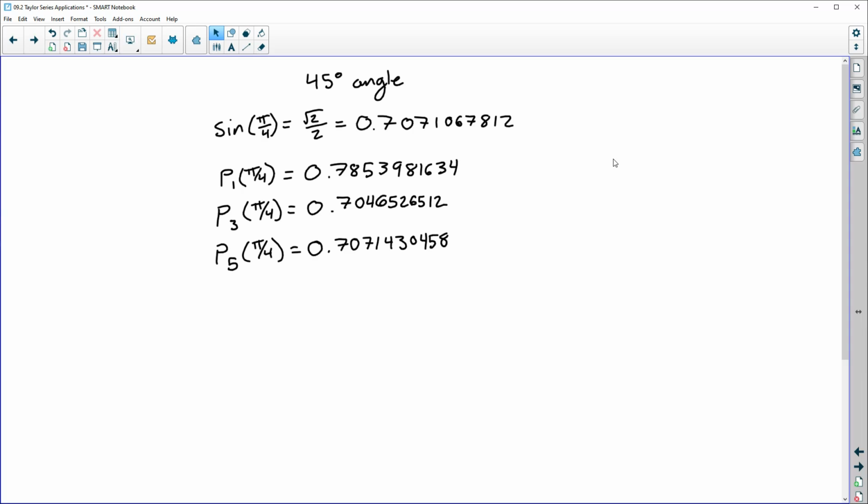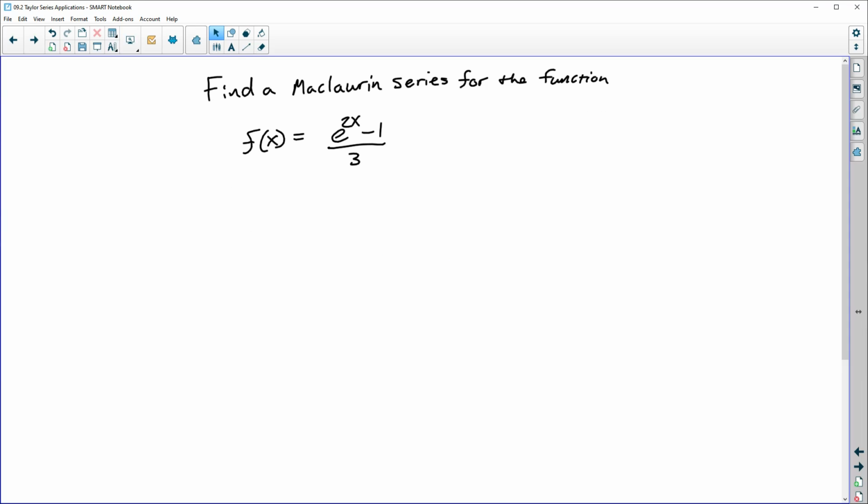I've evaluated the Taylor polynomial for the first, third, and fifth terms. And as we can see, the error goes from 11% for a linear approximation and improves down to 5 parts in 1,000% on the fifth Taylor series polynomial. The last topic that I want to cover today is how we can find a Maclaurin series